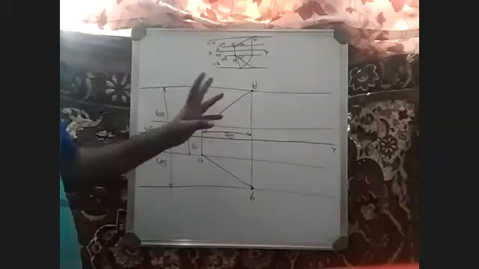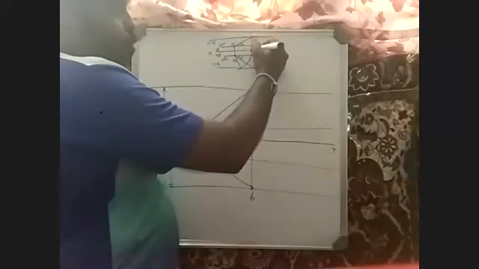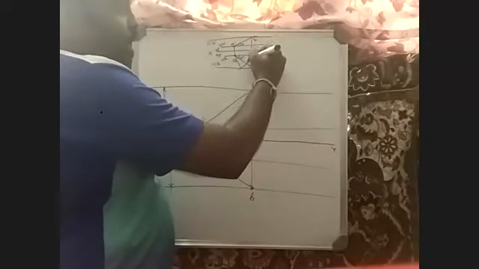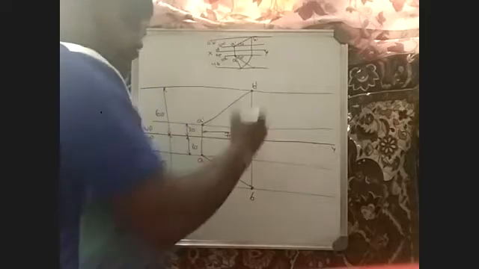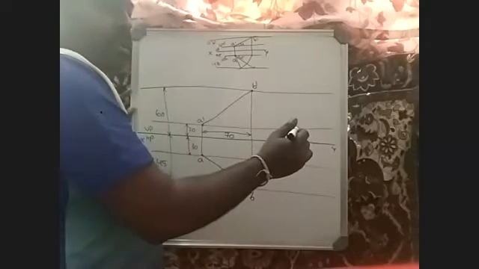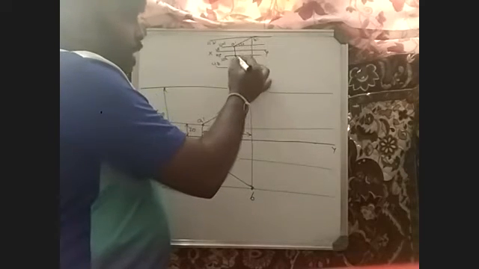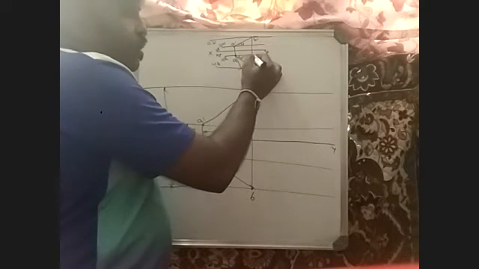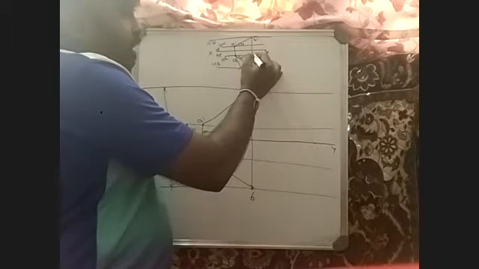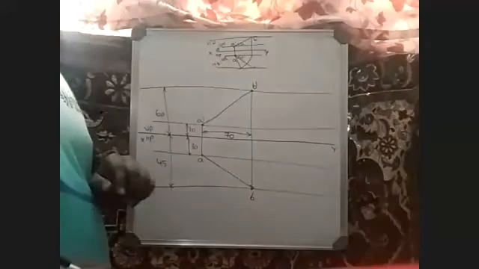Please understand. From true length to get to apparent, I have drawn a straight line and cut an arc. Whereas here I have an apparent length. From apparent, how do I get the true length? From apparent, I take this as center, this is the radius, and I draw an arc till the other locus line. Then this one I draw straight in the reverse direction.